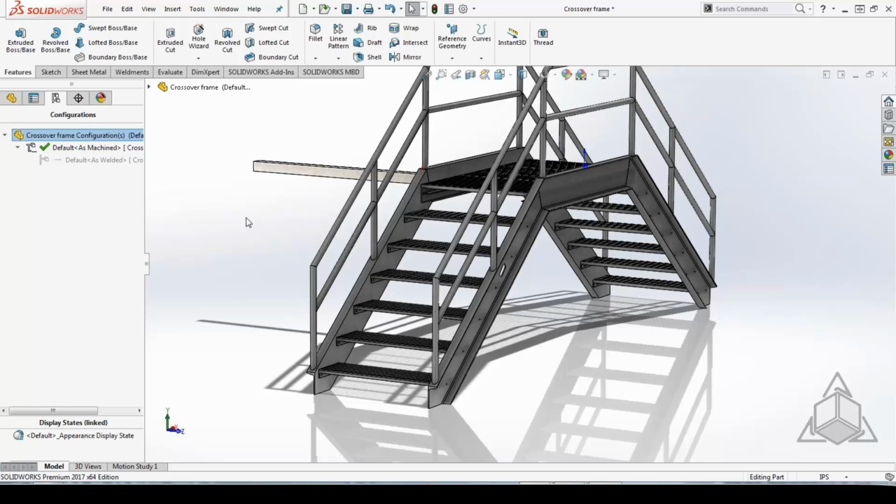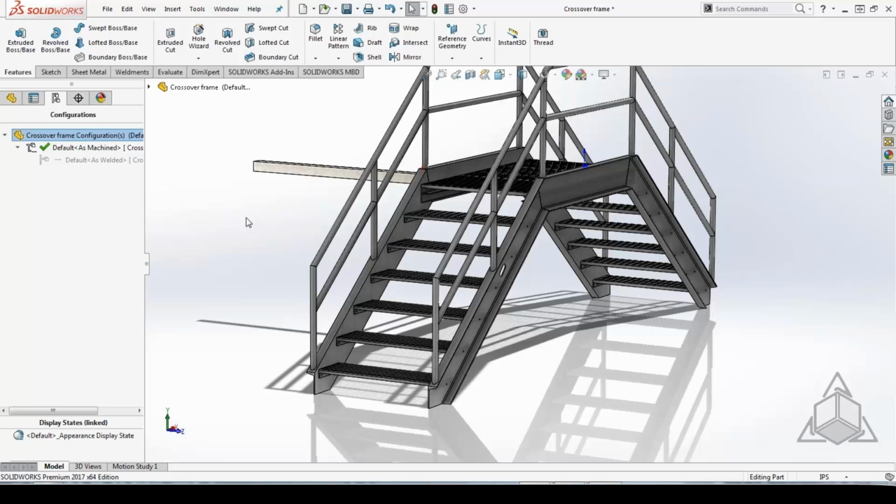So if any of the members change length or so on, it will update. The difference is the as welded gives you an opportunity to add things like weld beads, remove holes that maybe are added after the fact,